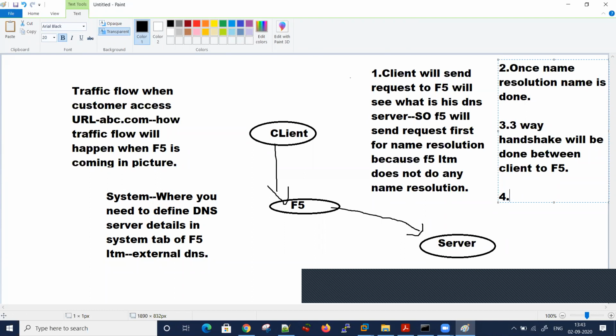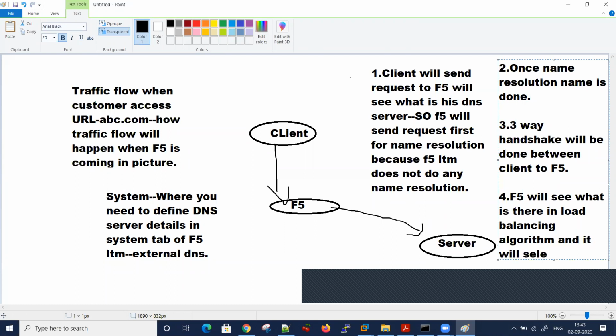Okay, so in that case F5 will look at what is there in the load balancing algorithm, and it will select a server.